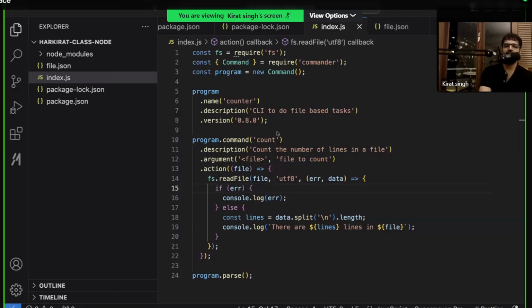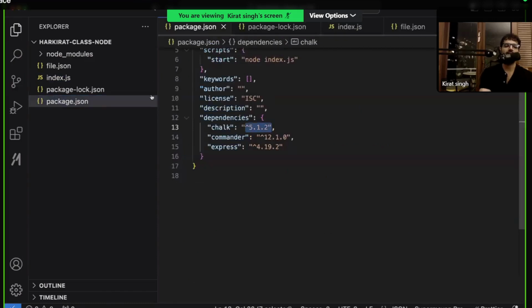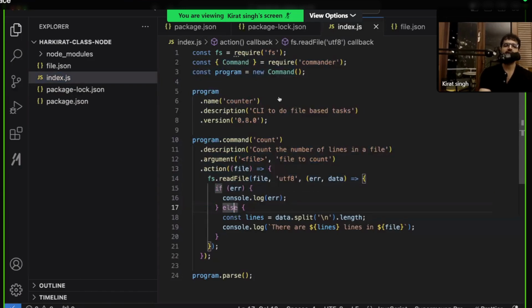So in assignment one, you have to install the commander library. That is correct. That is exactly what I did locally. If you look at my package.json, it now has the commander library. You have to install the commander library. You have to use it over here to write some code, which I've already written over here. At the end of the class, please help me with this code. Oh, I can't even copy it.